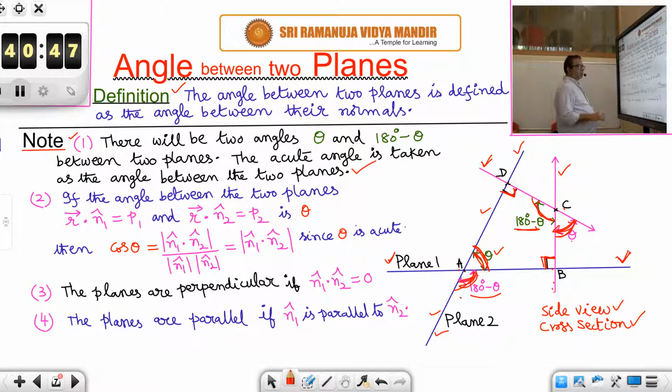Now, if the angle between the two planes r bar dot n1 cap is equal to p1 and r bar dot n2 cap is equal to p2 is theta. See, the two planes are given in the normal form. n1 cap is a unit vector normal to the first plane. p1 of course is the distance from the origin to the first plane. Similarly, what is n2 cap? n2 cap is a unit normal vector perpendicular to the second plane. p2 is the distance from the origin to the second plane. Suppose the angle between these two planes is theta, then